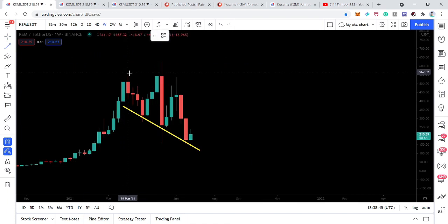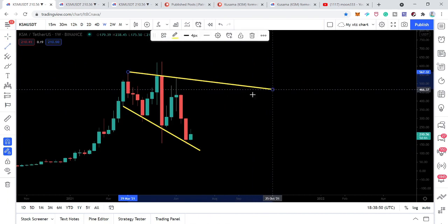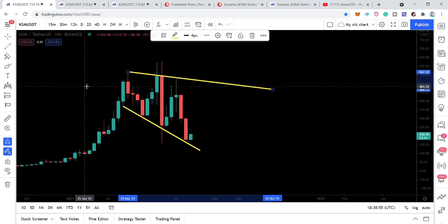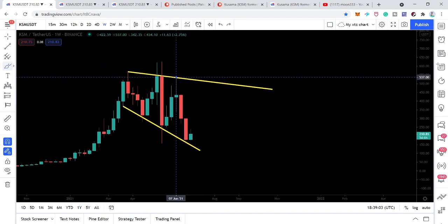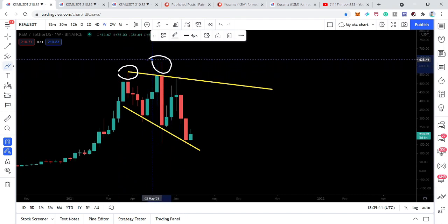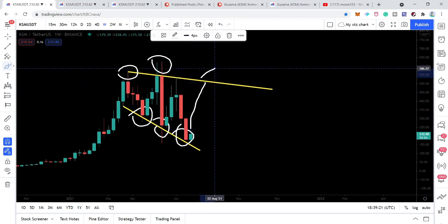For example, we can see that the price action has found another resistance like previously we have seen. This is the support and this is the resistance. You can see that the price action is getting rejected again and again by this down trend line resistance. So it is a kind of broadening formation that the price action has formed, forming higher highs on the weekly time frame chart, and at the same time it is also forming lower lows. So this time we can expect that the price action can at least move up to this resistance